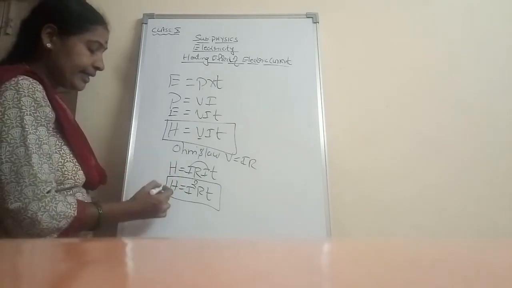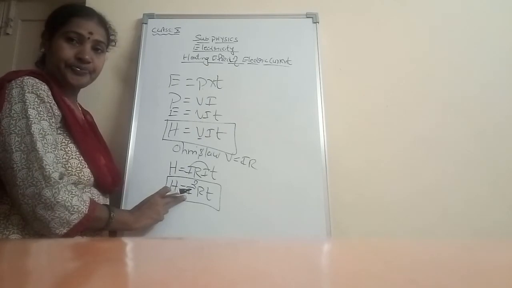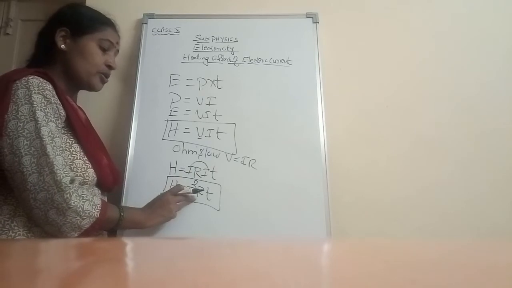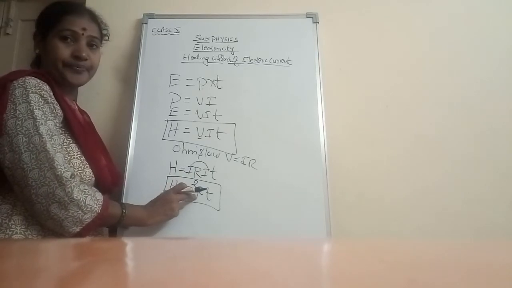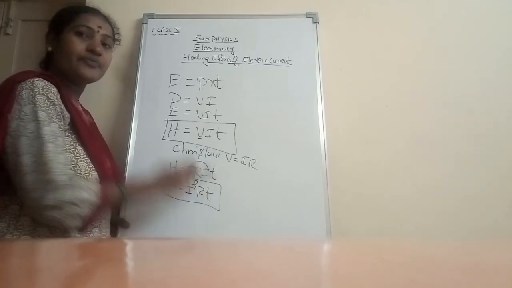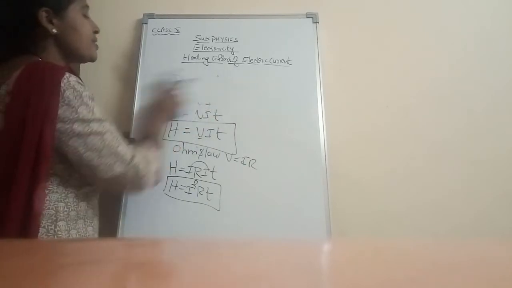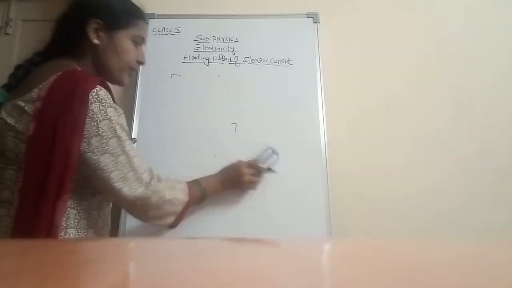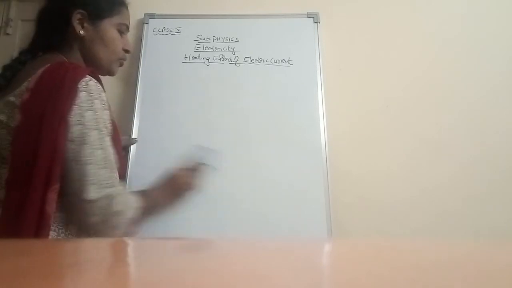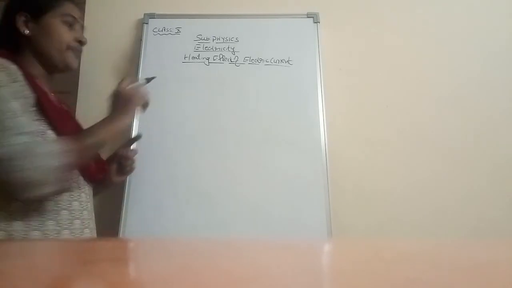This means the heating effect is directly proportional to the square of the electric current in a resistor, directly proportional to the resistance of the conductor in that circuit, and directly proportional to the time for which the current flows. So they may ask the definition, Joule's law of heating effect. The heating effect, what I have explained, is mainly given by Joule. You know the famous scientist Joule, and the SI unit of work and energy is also the Joule.